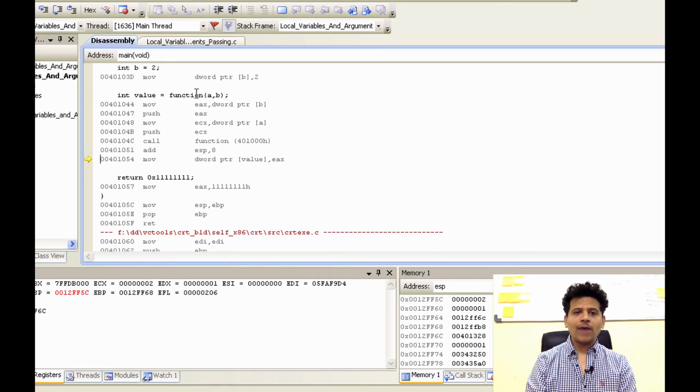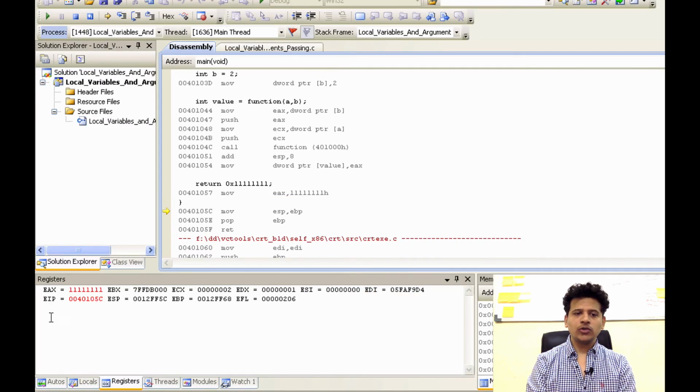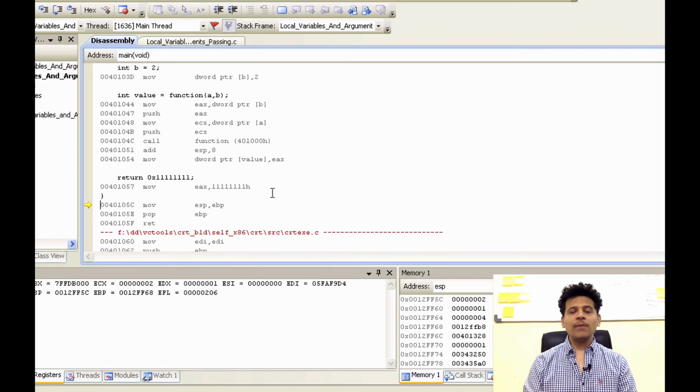As we saw earlier, the value returned by a function will get saved into a new variable, an integer value. EAX contains the return value from the function, and we will save that into the address pointed to by the variable. Let's step into that. Okay, the return value got stored onto the address pointed to by the variable. Now main is returning with the ones. For that, those ones will get moved into the EAX. Let's step into that. Those ones got moved into the EAX, and now main is ending here.